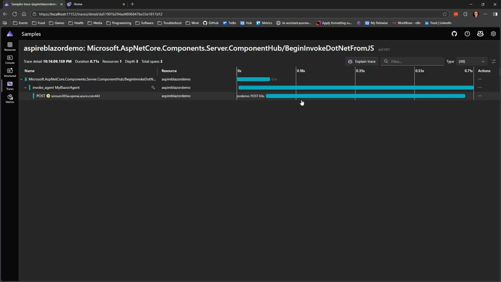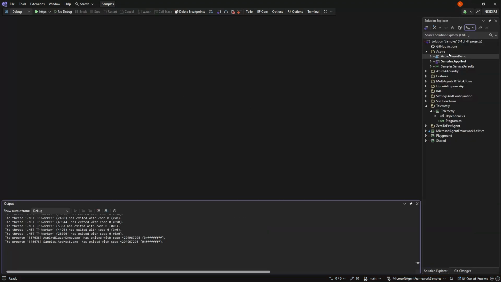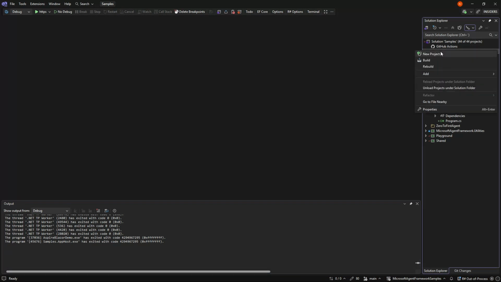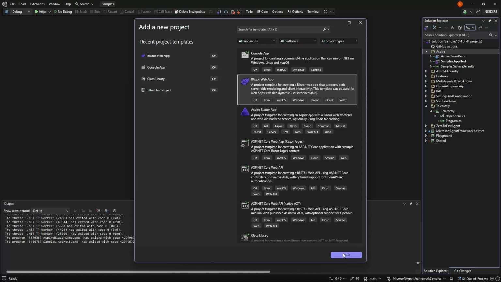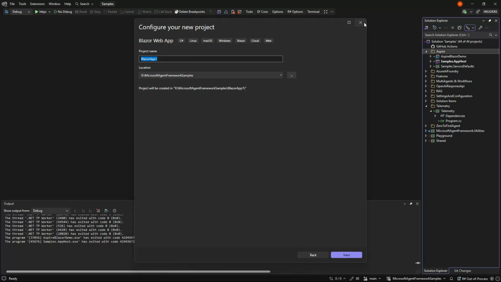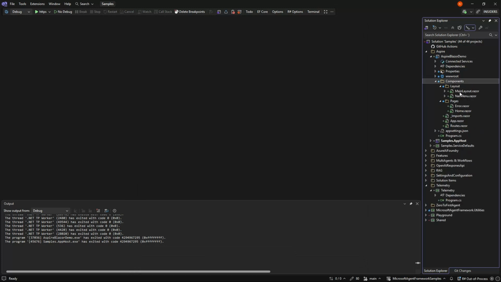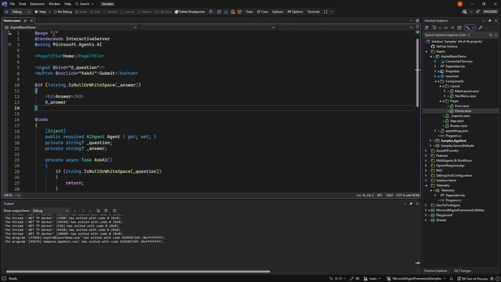So it's fairly simple to have it running up here. So let's see what it requires in order to do this. So you just need to build a new project. And when you build your project, you need to enlist it in .NET Aspire orchestration. That was what I did. Then I went to my homepage here and did an input entry and a button, and had a question and an answer.